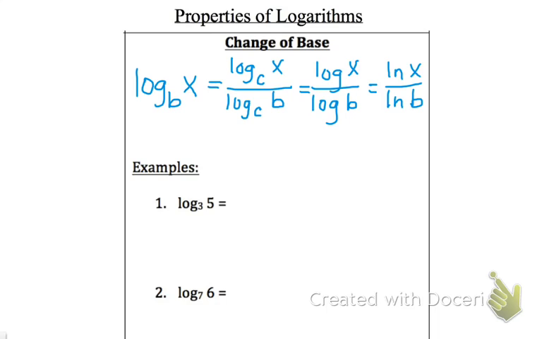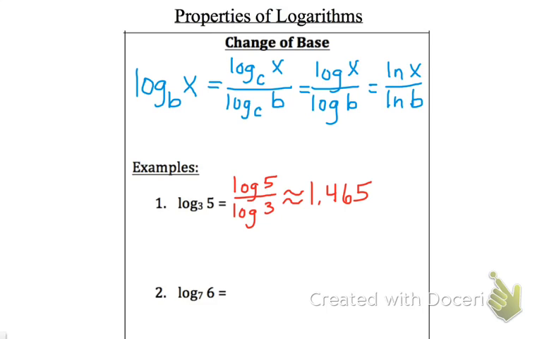Log base 3 of 5, this can be rewritten. Let's start with the common log. We'll do the log of 5 divided by the log of 3. Notice the base 3, that's the logarithm in the denominator of our change of base formula. So log of 5 divided by the log of 3. Now I'm actually going to put that in the calculator and see what the log of 5 divided by the log of 3 is. And I get roughly